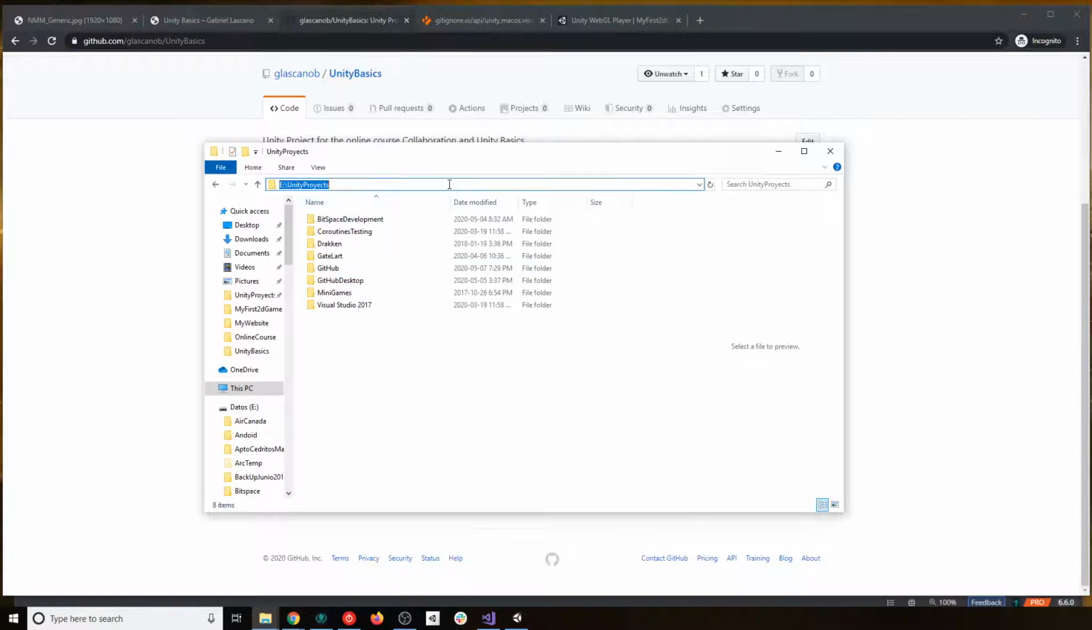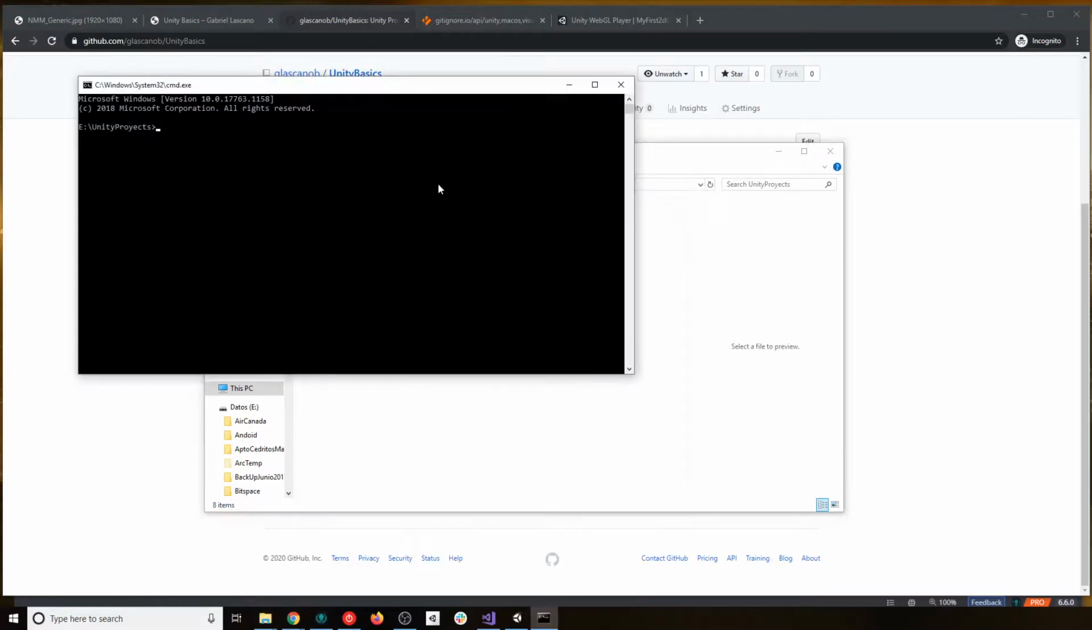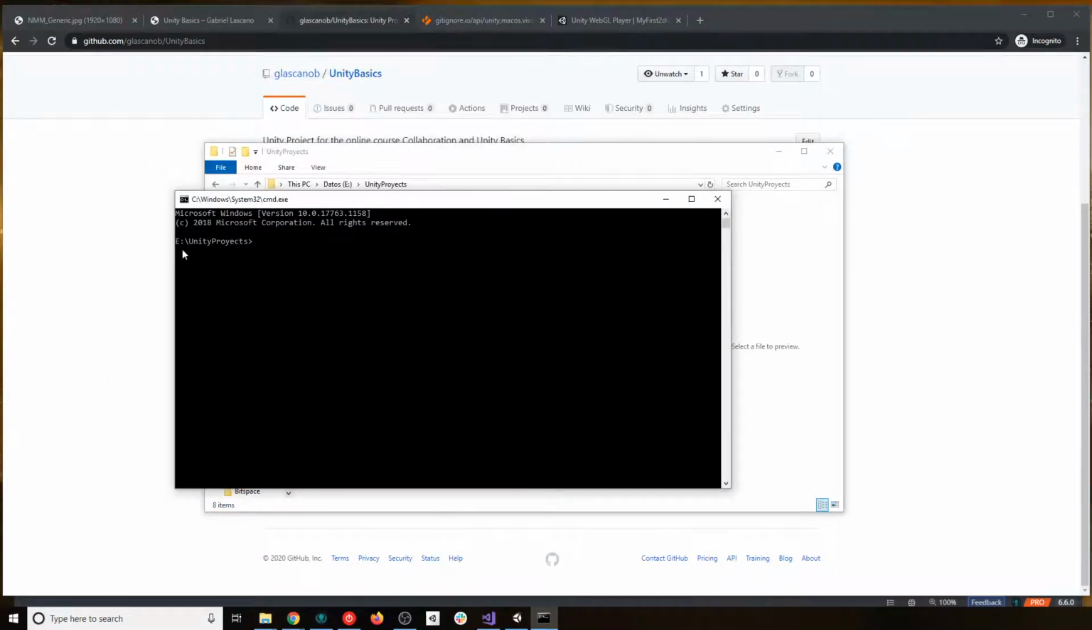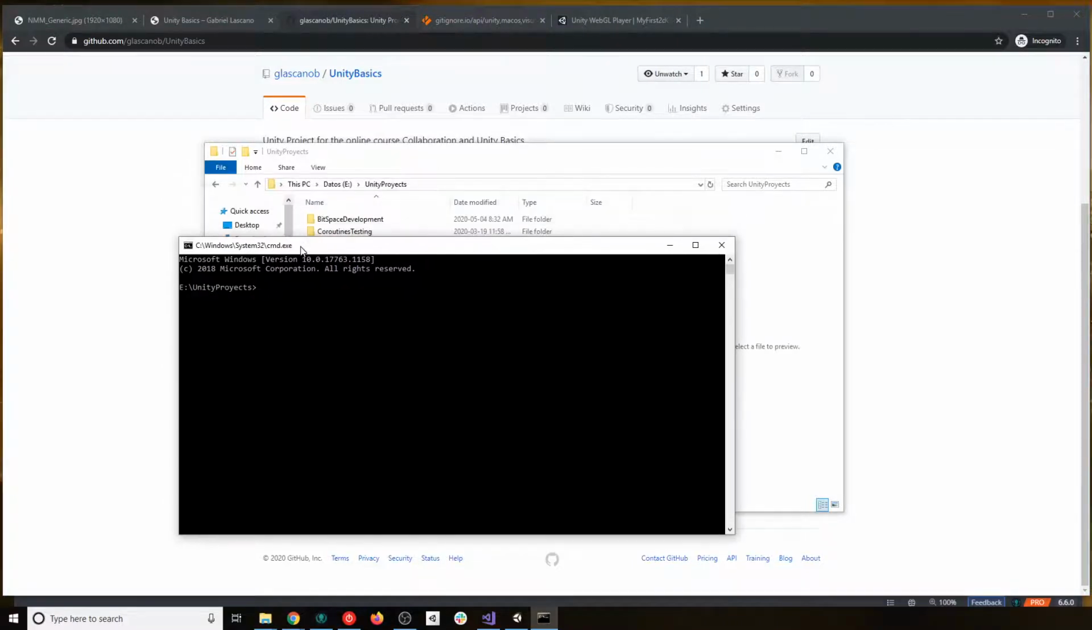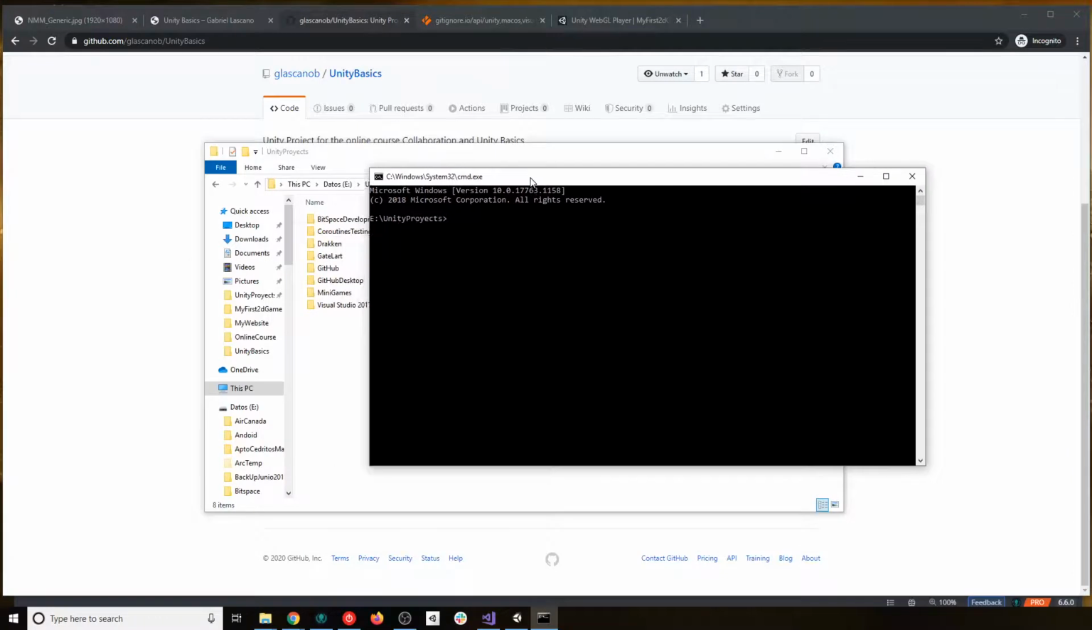So I'm going to go here, click the navigation bar, type CMD, and hit enter, and this will open a terminal that has already navigated into my Unity projects folder. Imagine that I am inside a way deeper folder path. I can use that shortcut to get in there pretty quickly if I don't remember the correct name of the folders and things like that. It sometimes is very useful. So now that I am here,